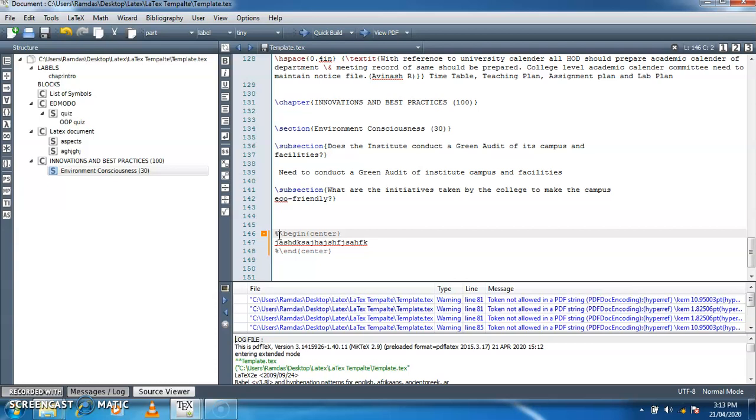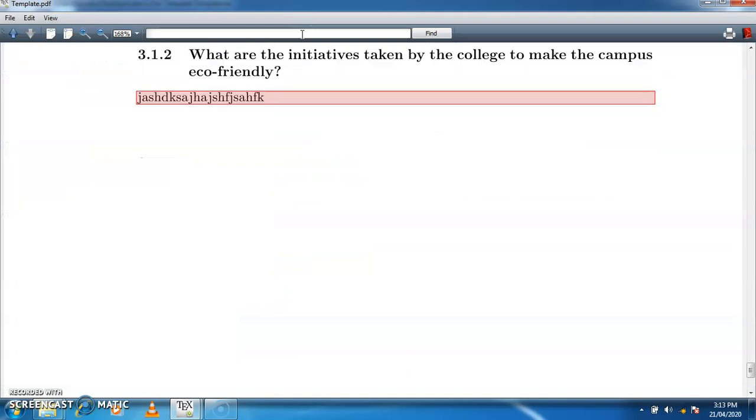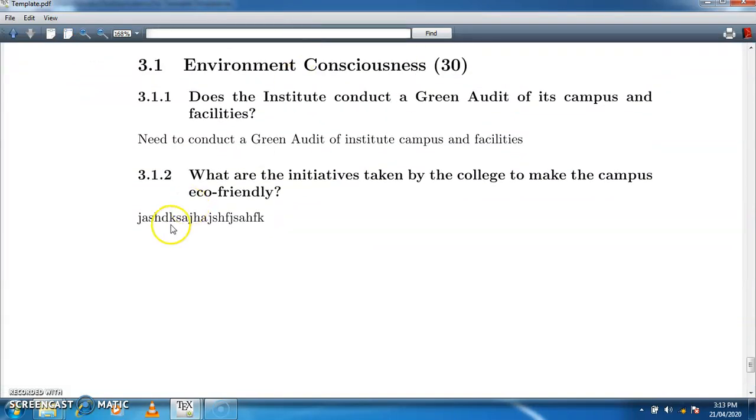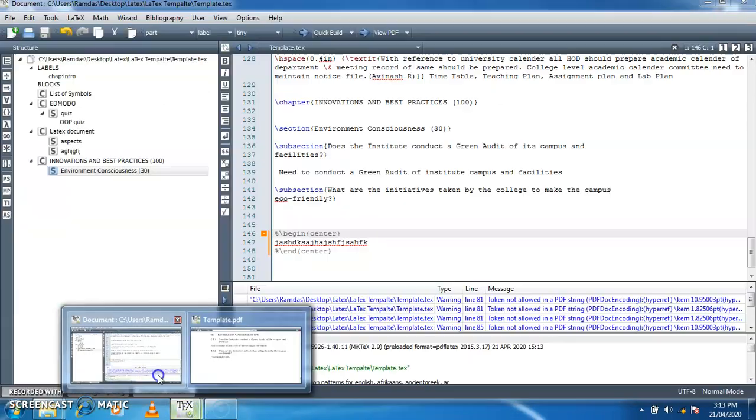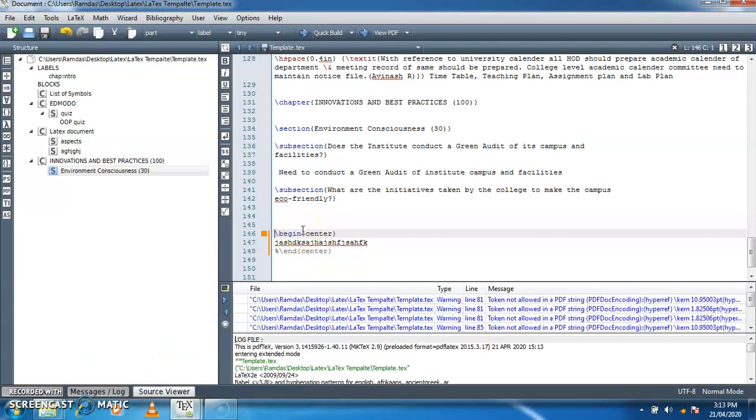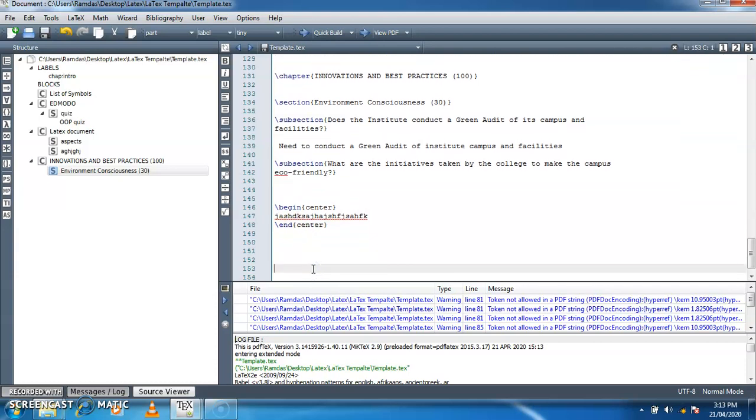Commented means it is not part of the execution of the document. After commenting that command, you can see that by default it is right justified, so my text came towards the right side. Now I am removing the comments which I made here. So this is the begin center command, which helps us to align the content in our document.